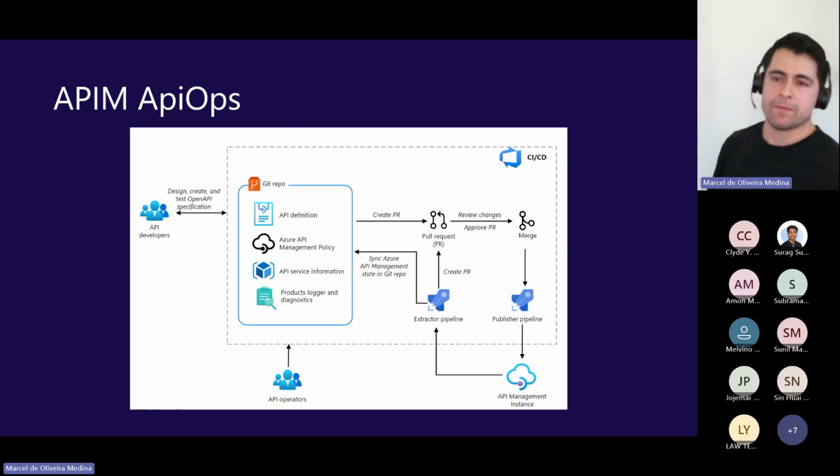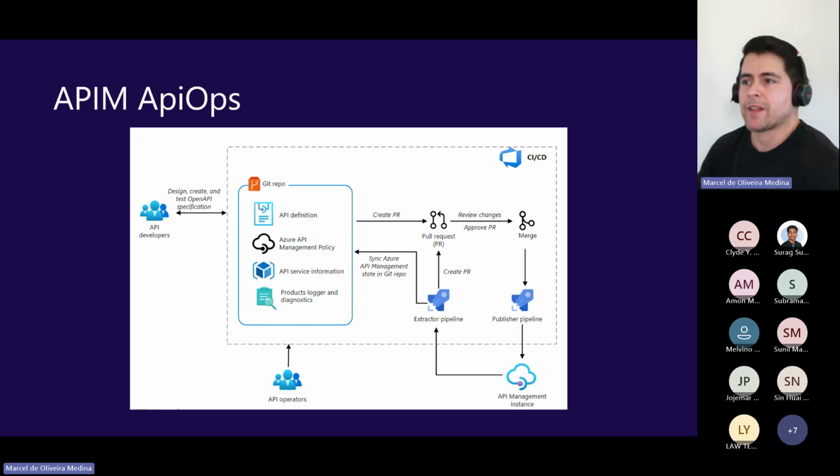And with API Ops on API management, right? This is a standard diagram that comes from the Microsoft architecture diagrams. What you can see in here is that everything is version controlled, so we have a Git repository.